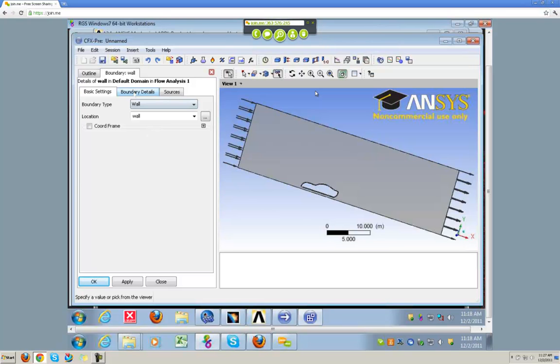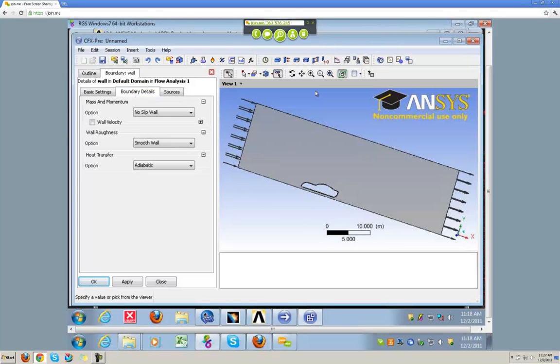And then we go to boundary details, and this is on the tutorial, by the way, so you can just look at the PDF to get this. We want it to be a free slip wall,